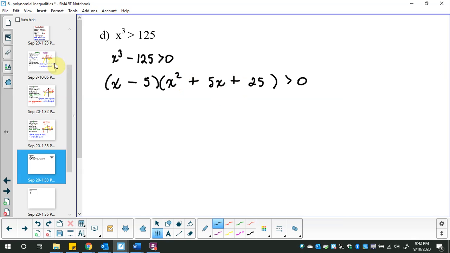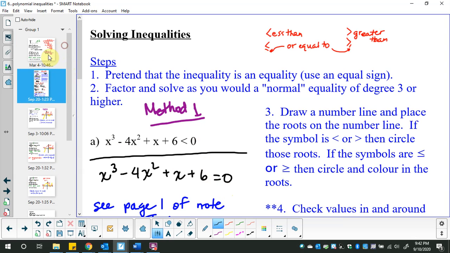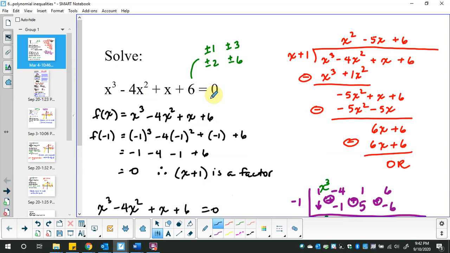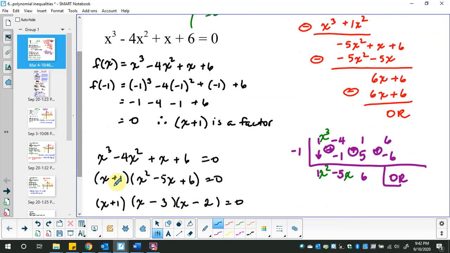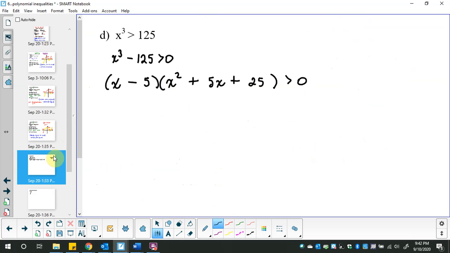Remember that you do have the option of turning that inequality into an equal sign and doing it using this method. However, I just got to basically here in one step rather than all of these steps because I am so smart. I recognize the pattern. And I don't make up a pattern when it doesn't exist. Another thing I recognize